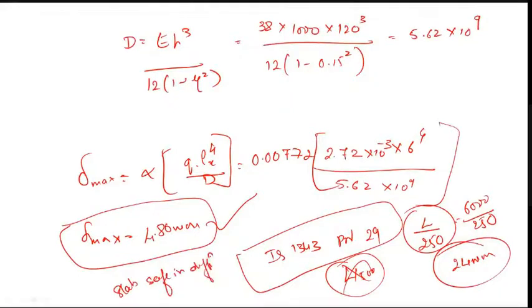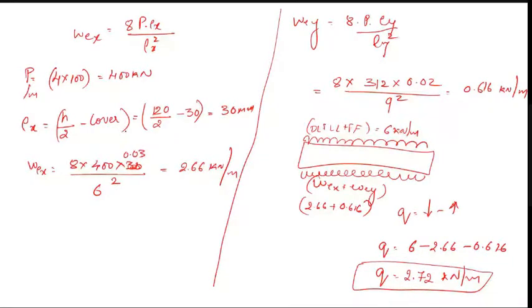I will explain it once more. We have to determine the deflection. First write down the deflection equation. Then we have to determine the value of Q. Q is nothing but the unbalanced load, and we should check for both x and y directions. Therefore WEX in x direction, WEY in y direction, that too per meter. Therefore calculate the force per meter and the eccentricity, and you will get the equivalent load in x direction per meter, similarly in y direction. And this is your slab.